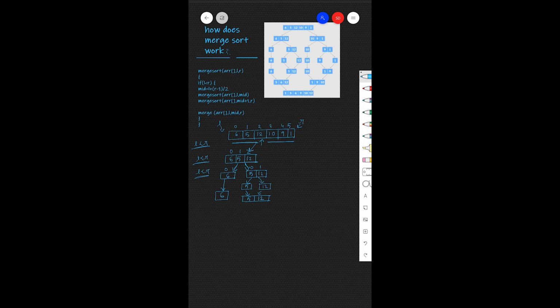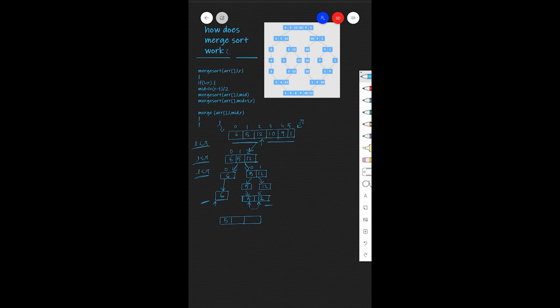Once both the halves are sorted, a fundamental operation called merge is performed. Merging is basically taking two sorted arrays and combining them together into a new single array in a sorted manner. So now let's merge these two sorted arrays. For that we'll start a pointer over here and a pointer over here. Now we'll compare these two elements, 6 and 5. We can see that 5 is smaller than 6, so we'll put 5 into the resultant array first, and we will shift this pointer from here to here.